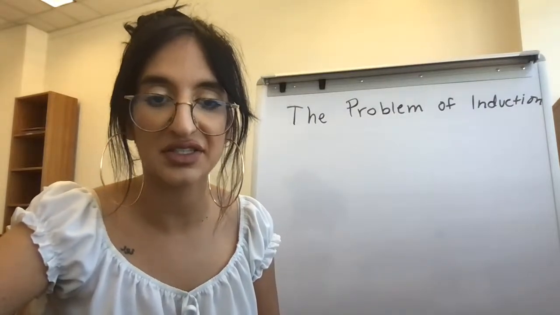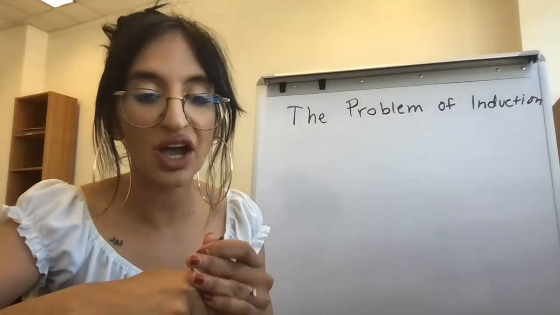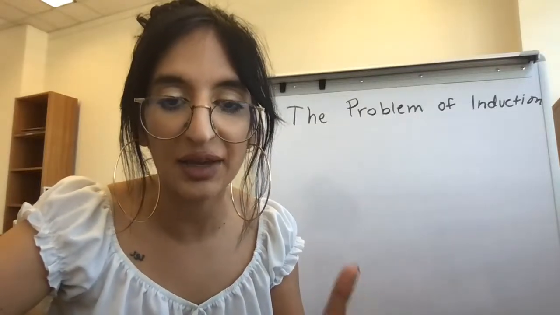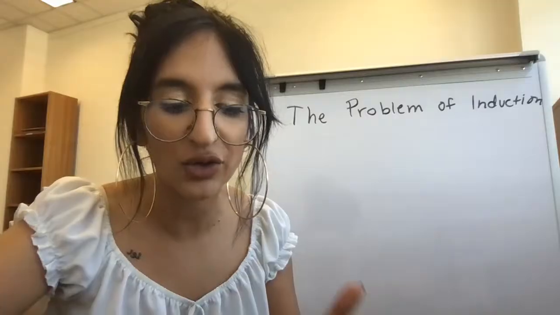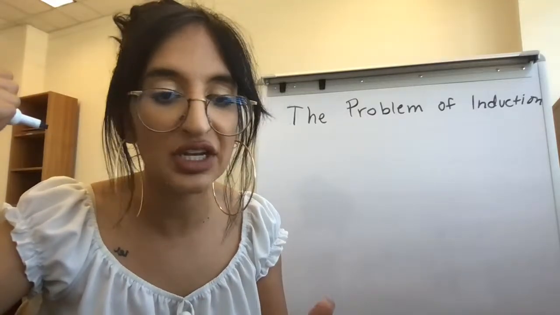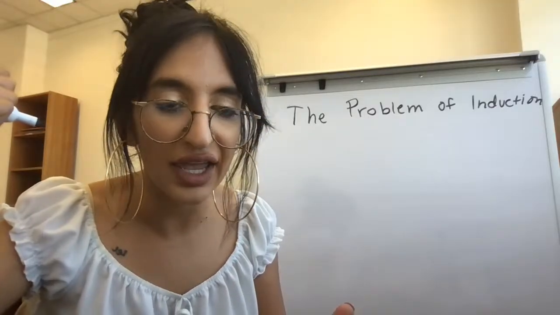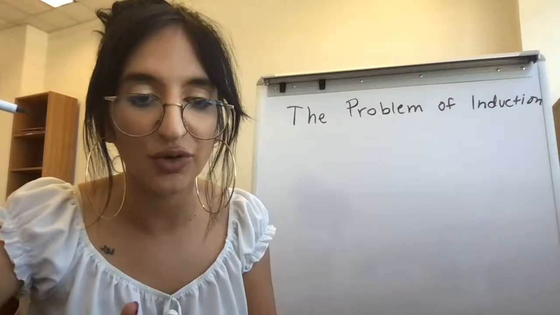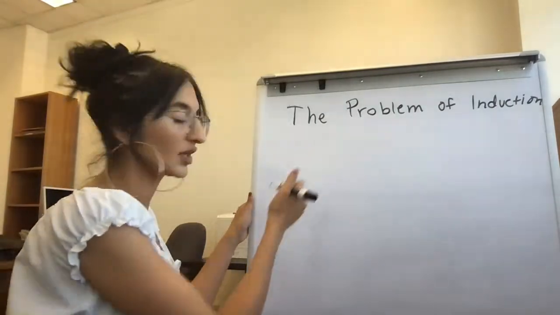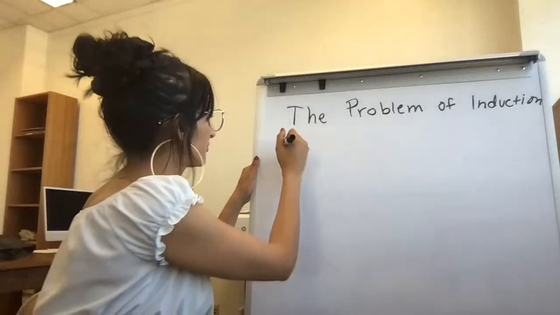So now let me write this down. Here's Hume's problem of induction. Let me say it first and then I'll write it. We cannot justify the reliability of induction without using induction itself. And what this means is we cannot give a non-circular argument for why induction is a reliable form of inference. Okay, so I'm going to write this down. So the problem of induction, we cannot justify